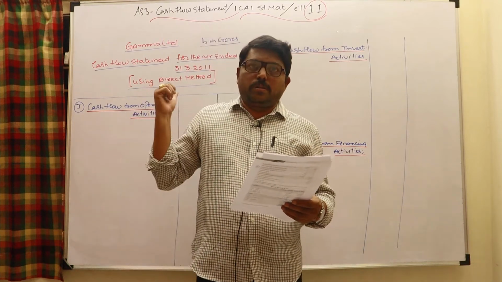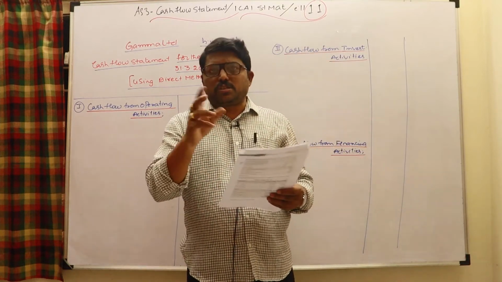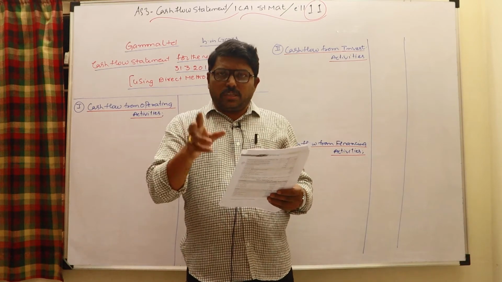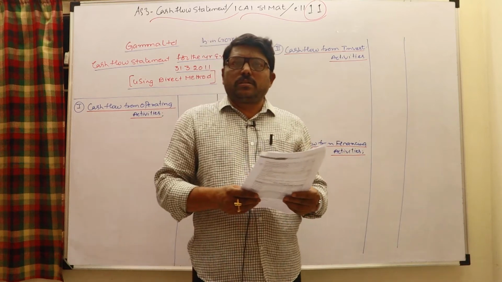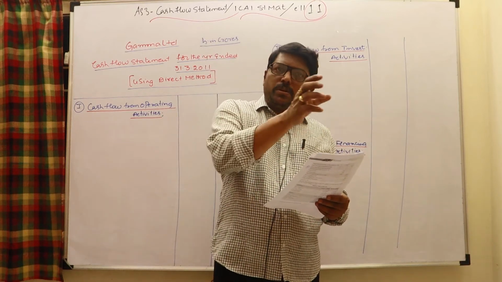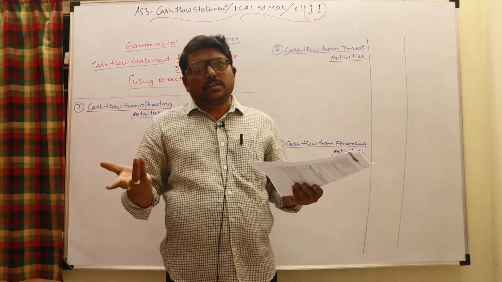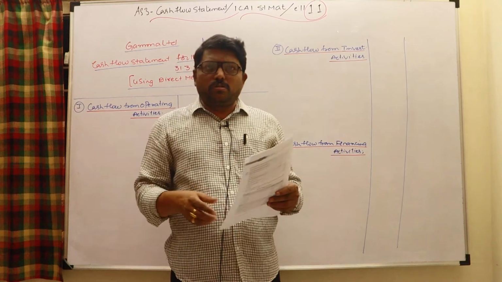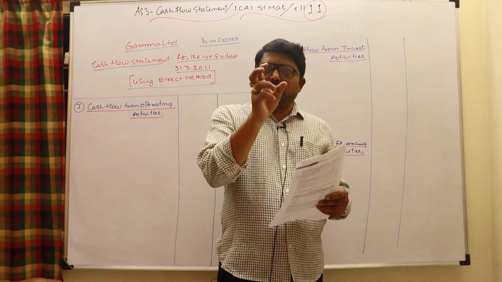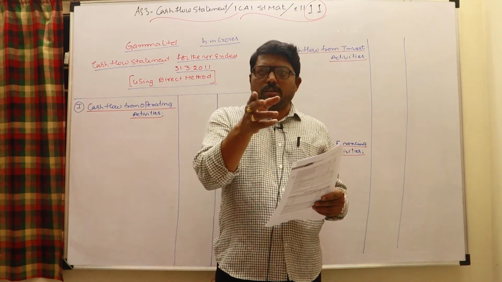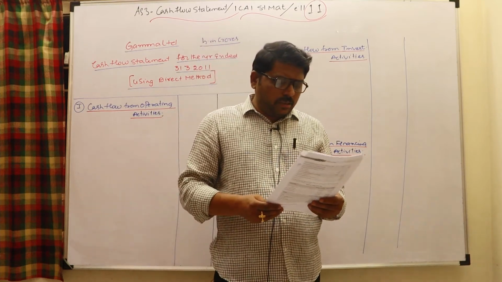Credit sales you cannot take here, but you can take collection from debtors. Credit sales entry is debtor to sales, which is nothing but the debtors generated during this year. For that, let us add the opening debtors: debtors generated during the year plus opening debtors gives total debtors. Out of that, closing debtors should be deducted. That is nothing but collection from debtors. You may have the debtor account, and from the debtor account also you can find the collection from debtors. Otherwise, for the credit sales made, add opening debtors and deduct closing debtors; by that also we know collection from debtors.